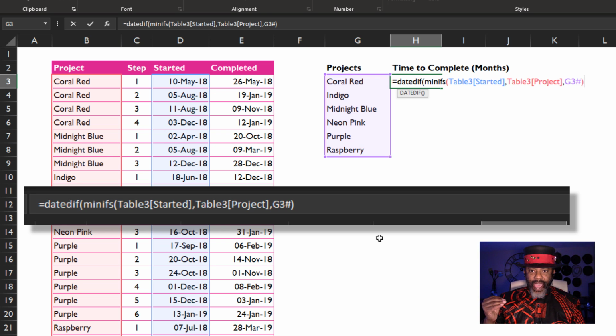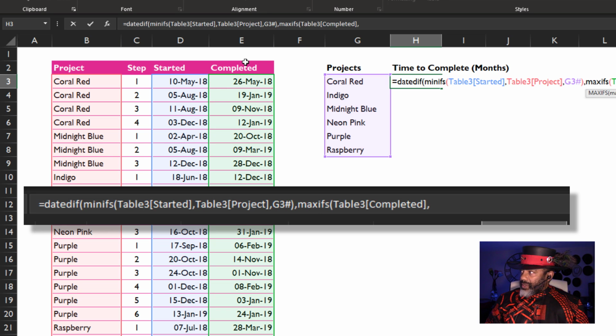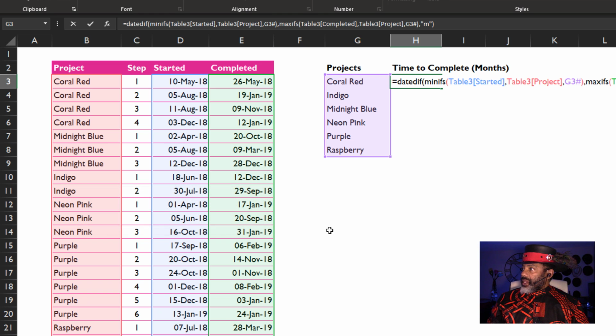Next, we want the max ifs, the maximum in the completed column by project, comma, max ifs, open parentheses, maximum range, the completed column, comma, criteria range, the project, comma, criteria, G3 pound sign, close parentheses, comma, we want months, double quote, M, double quote, close parentheses, enter.